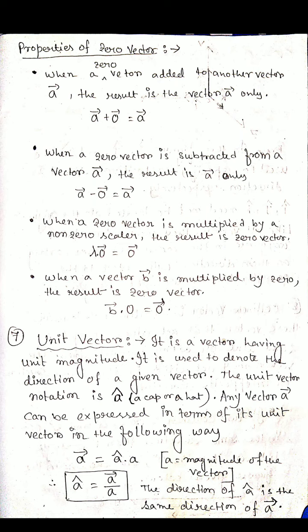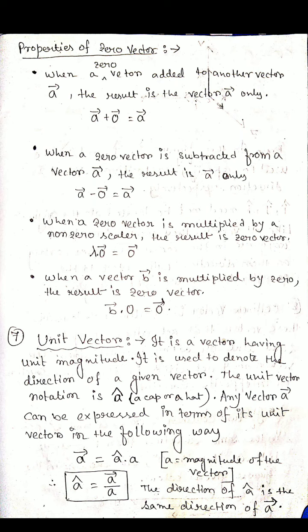We also study later the magnitude of a vector, which is called the modulus of a vector. Modulus means we get the magnitude. Suppose 2a vector: here 2 is the magnitude. So a cap into the magnitude of the vector, which is only written as A. Don't use the vector sign over there. When you write the magnitude of the given vector, don't use the vector sign.